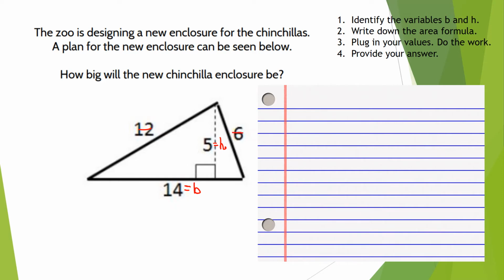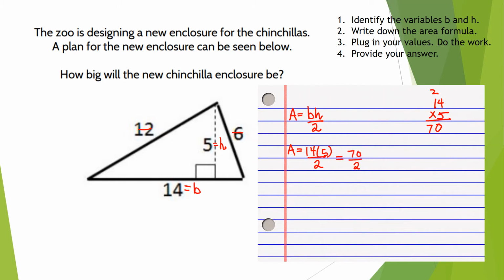Remember, the base is always perpendicular to the height, so it should have that right angle. We're going to write down our formula. Area equals base times height divided by 2. Remember, we're going to plug in: area equals 14 times 5, divided by 2. Remember, show your thinking. 14 times 5. 4 times 5 is 20. That's 70. Remember, we're going to do 70